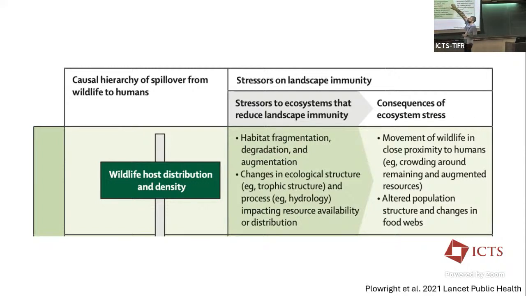So this is a really nice paper by Reina and Lancet Public Health, and I'll walk through this table because I think it's a really great illustration of this linkage between land use and stress and spillover. So they speak a lot about landscape immunity,